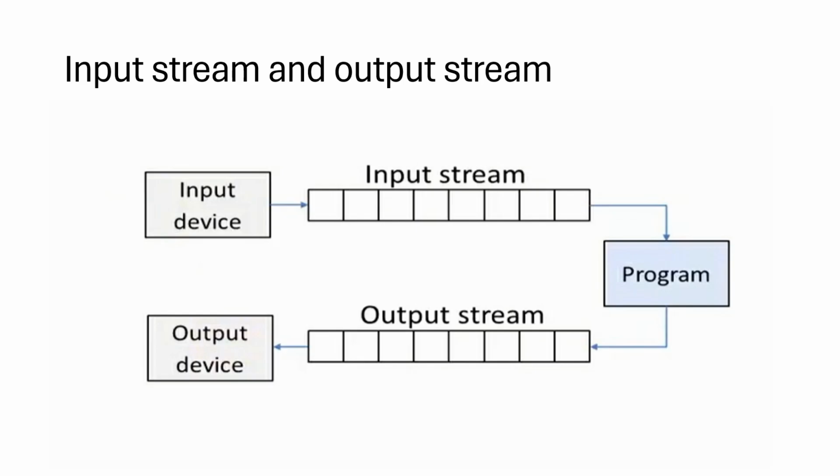Stream will always be an interface between the device and the programmer. As a programmer, we use the input device and write our program. Now what is the output stream doing? Once the program is implemented, the output should be displayed again to the user. So using the output stream, we display the output by using the output device. This is the input stream and